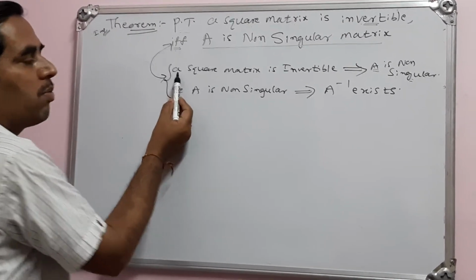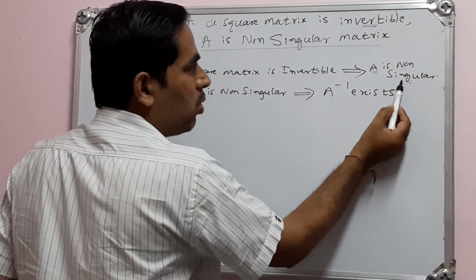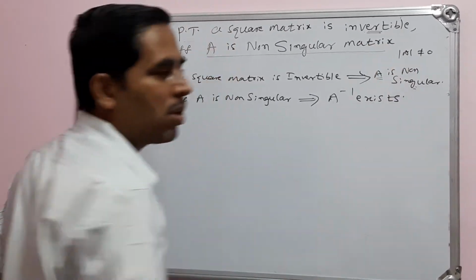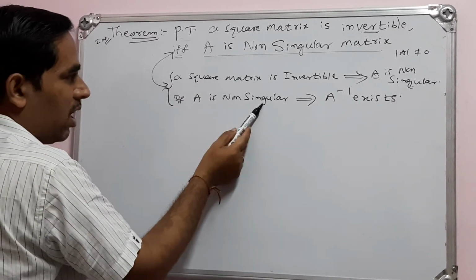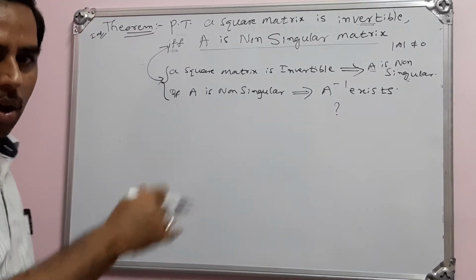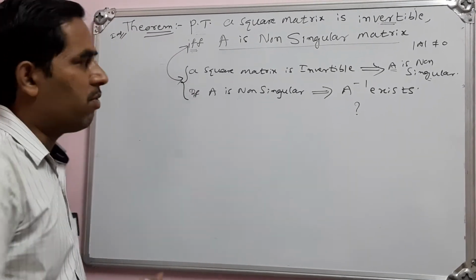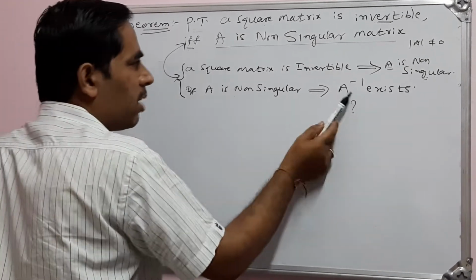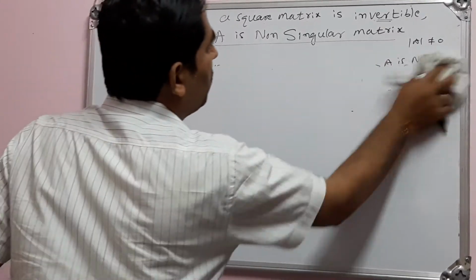What we have to prove here has 2 parts. If we consider a square matrix that is invertible, we have to show that A is non-singular, that is, prove determinant of A is not equal to 0, as we discussed in our previous class. The other case is, if A is non-singular, then we have to prove that A inverse exists, and the next question is, what is that A inverse? We have to cover all these points in the theorem. You can remember this, and you don't have to worry about the proof. A square matrix is invertible means it must be non-singular. Once it is non-singular, then A inverse exists. So here you have to prove the converse part also.